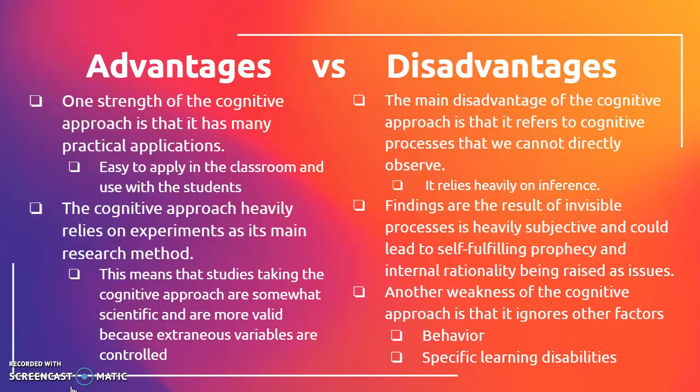Now we're going to move on to the disadvantages. The one main disadvantage of the cognitive perspective is that it refers to cognitive processes that we can't directly observe. Hint: cognitive deals with the brain. We really can't pinpoint where all of this is coming from. It also relies heavily on inferences. Another disadvantage is that the findings are of invisible processes and are heavily subjective and could lead to self-fulfilling prophecy and internal rationality